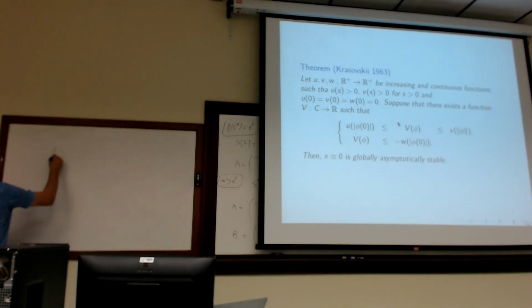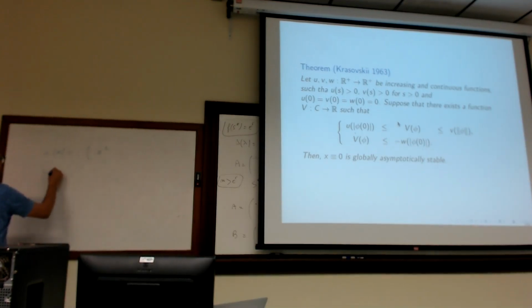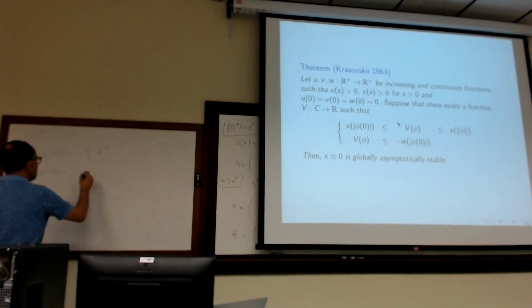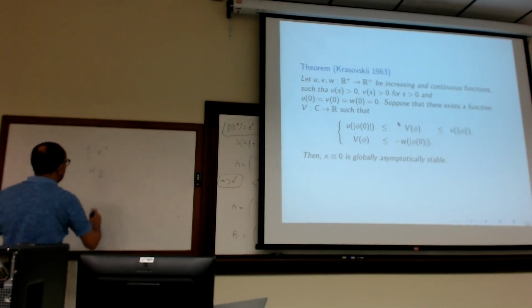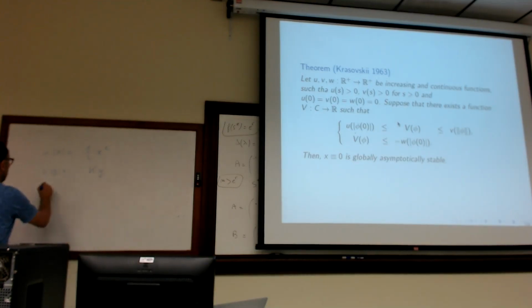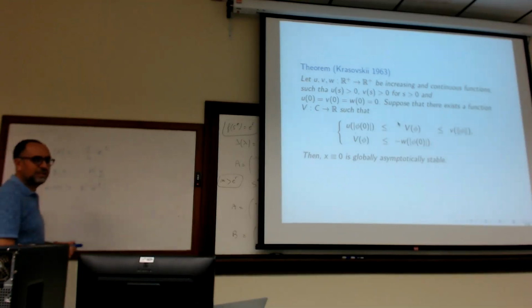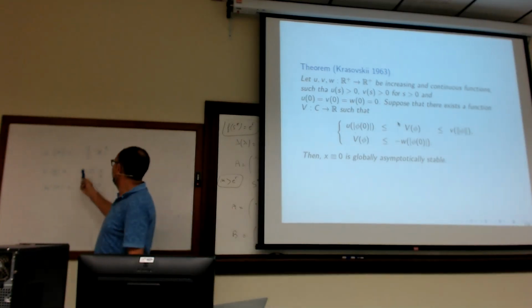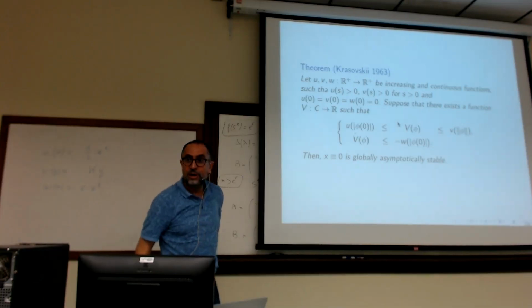I think it was 1/2. Yes, u of t, the function u, it's this one. And the function v of x, it's, I think, constant y, something like that. And w is exactly epsilon square. We find this function because it's necessary to find the functions that are increasing and satisfy everything to have a Lyapunov function.